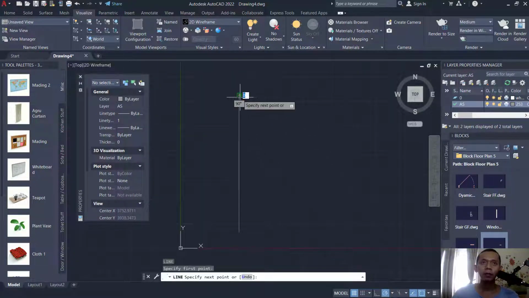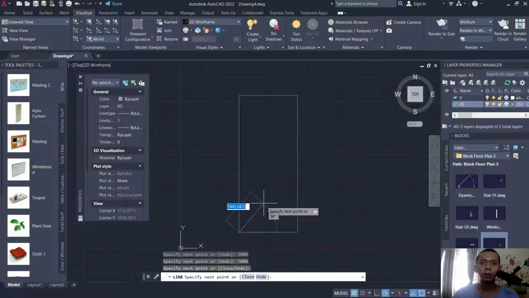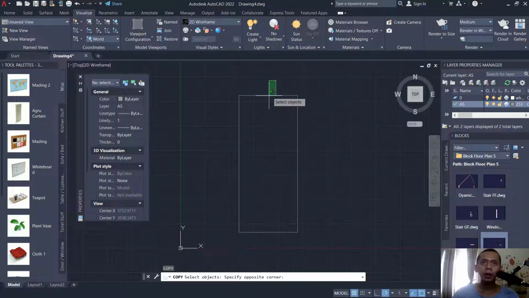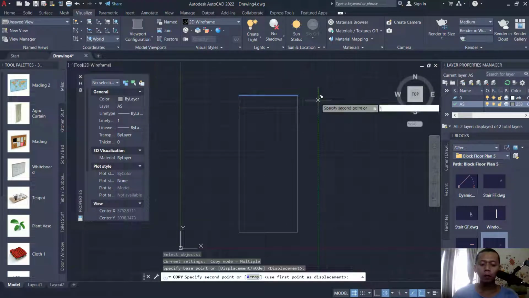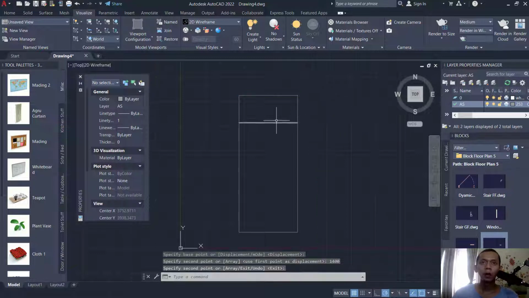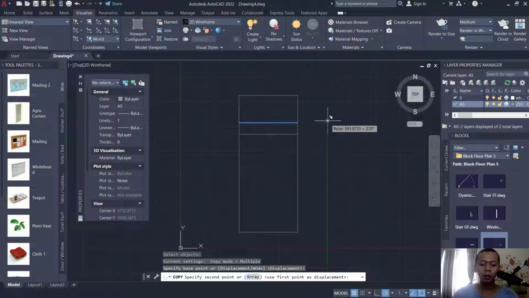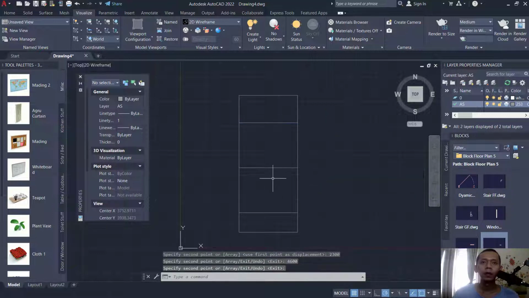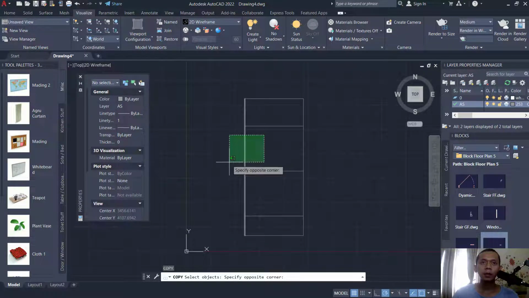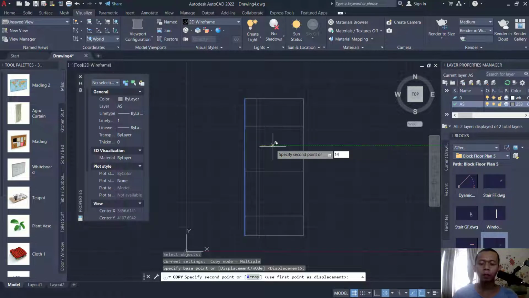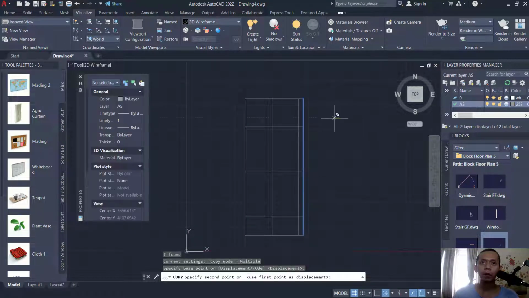We create lines again to the right 3000, to the bottom 7000, and then you can click at this point. I will copy this line object to the bottom 1400. Copy this line again 2300, and the next 4300, 600. Okay, you can copy these lines to the right here 1400, and then here 1000 to the left.